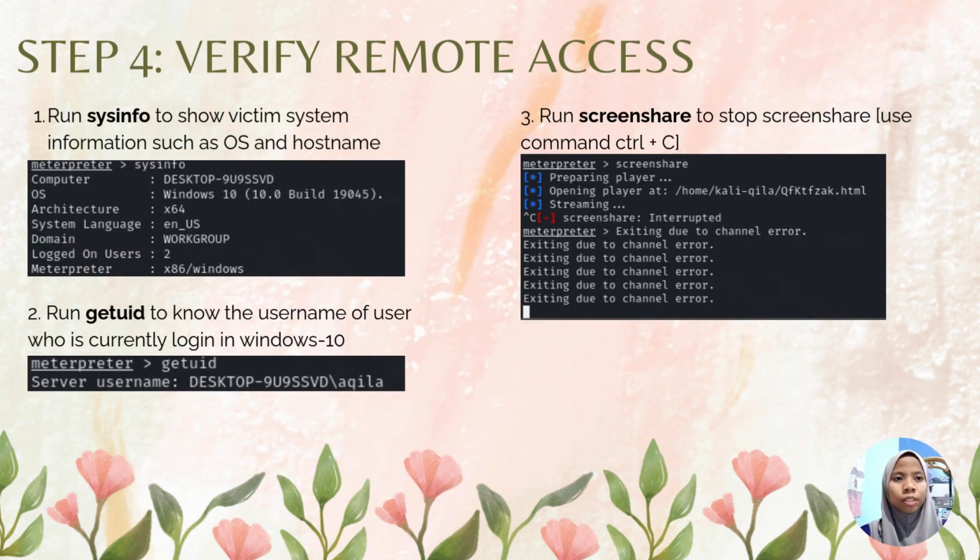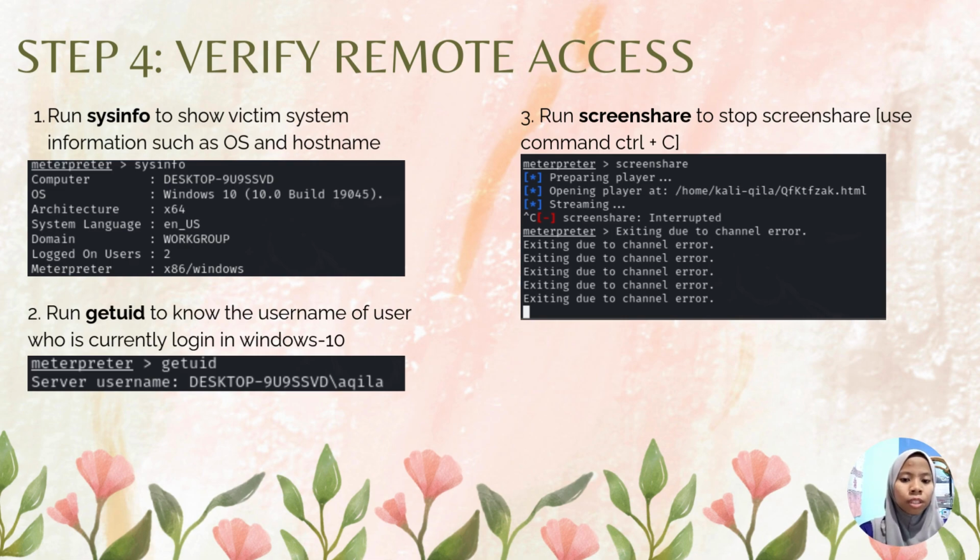For step 4 is verify remote access. First, we can use the command sysinfo to show the victim system information such as OS and hostname. So in the output, we can see the computer name, OS, architecture, system language, domain, logged on users, and meterpreter.